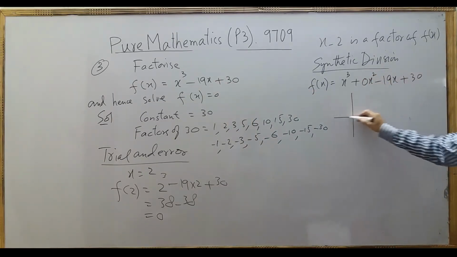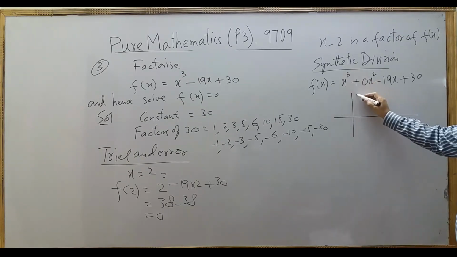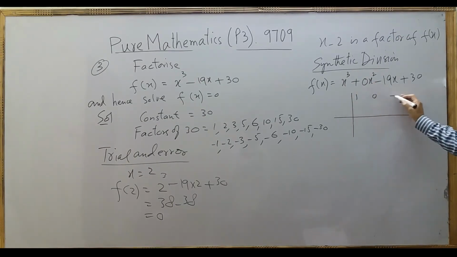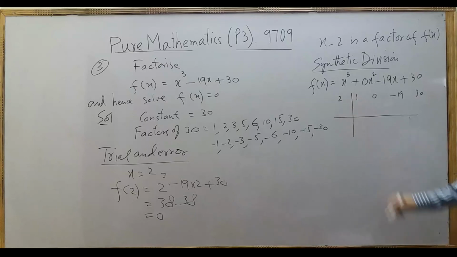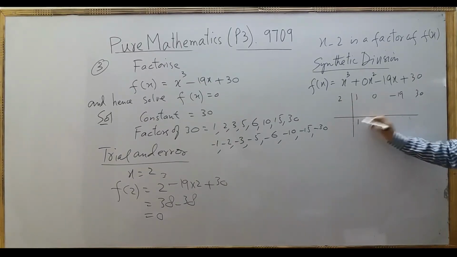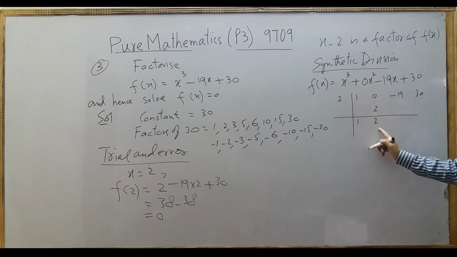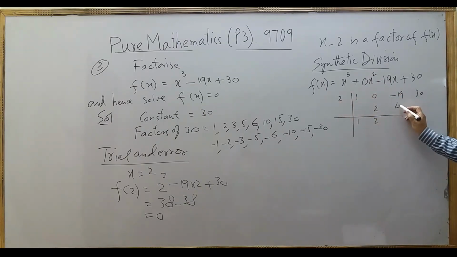Now applying the synthetic division, you have coefficient of x cube 1, then x square, then x. We have proved that x minus 2 is a factor. Again you will write 2 over here. Bring this 1 down as it is, no change. 2 into 1 is 2. Add 0 plus 2, 2. Again multiply, you will get 4. Then you add, then you multiply, you will get minus 30, and here you have 0, because the remainder must be 0. In synthetic division, this is the remainder.